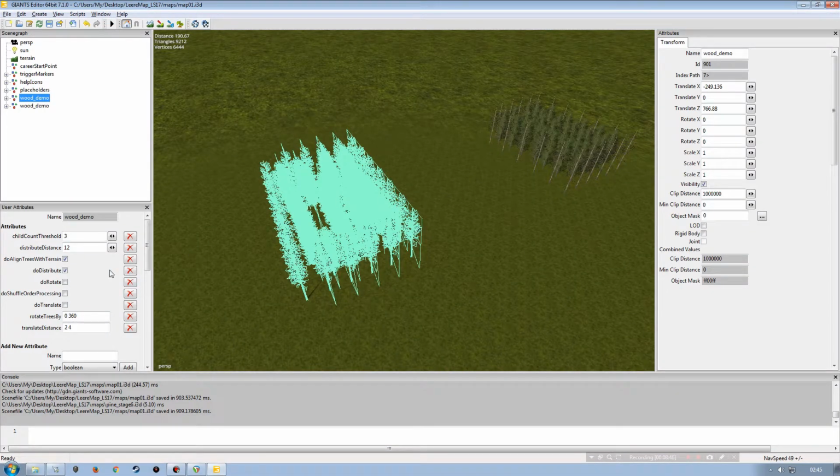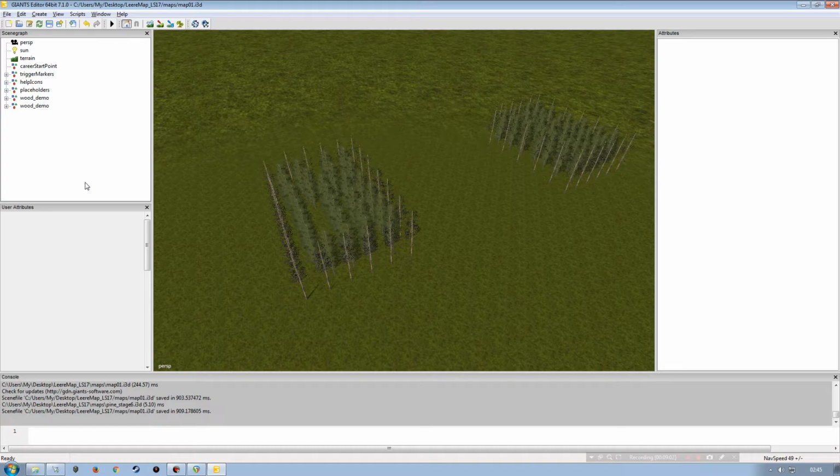Okay, so if we actually click on this transform group with all of our trees in here, what we'll do is we'll leave the do rotate, the do shuffle order processing, and the do translate. We'll leave all of those unticked. And with the actual transform group selected, this is important, because if I click off of it, I just want to show you this. If I click off it, so I've got nothing highlighted, and I go scripts, FS17 map,